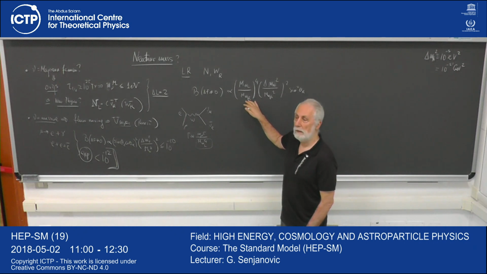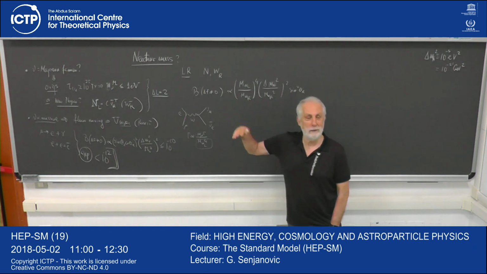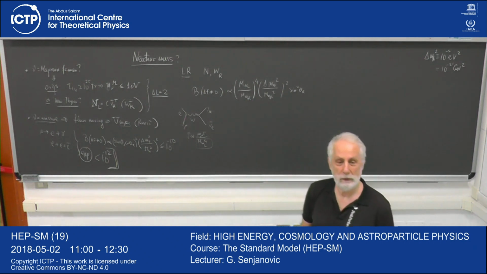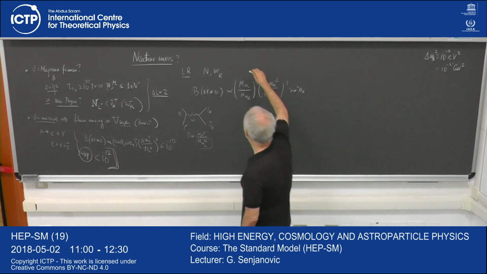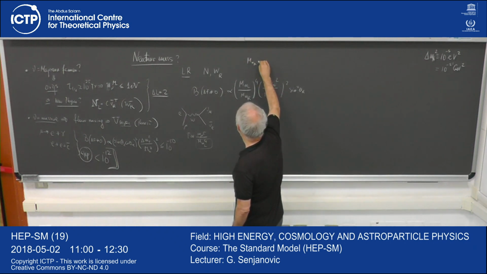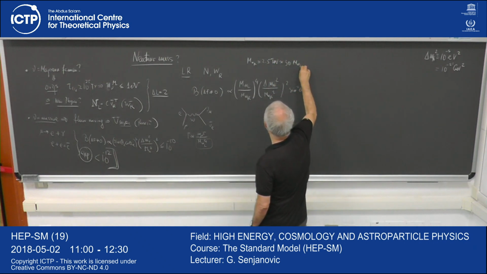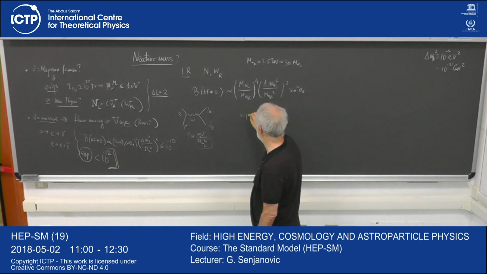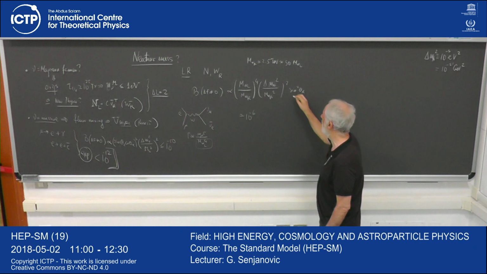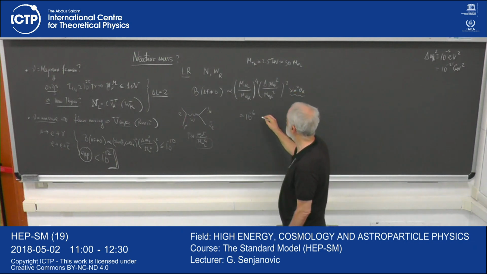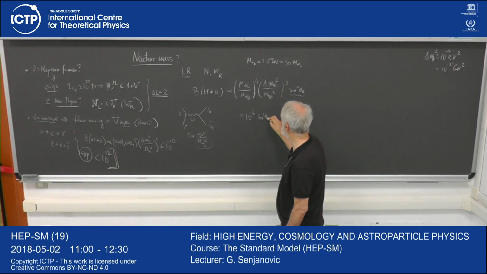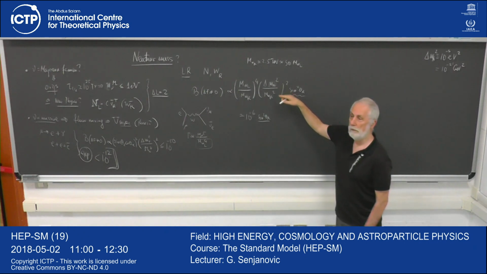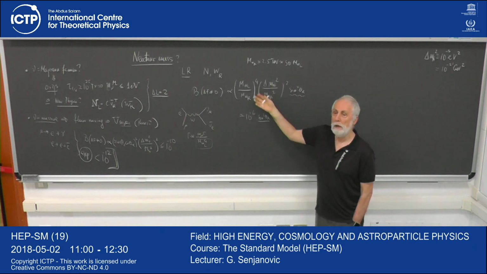Take a WR which weighs, I don't know, 2.5 TeV, 30 times WL. So just to illustrate, 2.5 TeV is about 30 M_W, or M_WL as I call it. Squared gives me 10 to the 3, so to the 4th power 10 to the 6. So you see, I'm getting a large number, 10 to the minus 6. I don't know the mixing angle. All I learn is that there is some suppression, either the mixing is small. Actually, I am intentionally getting it large.